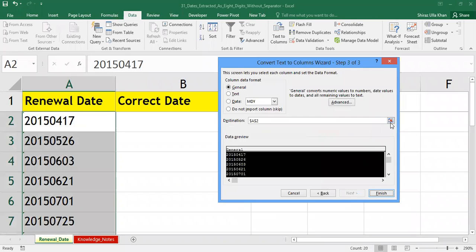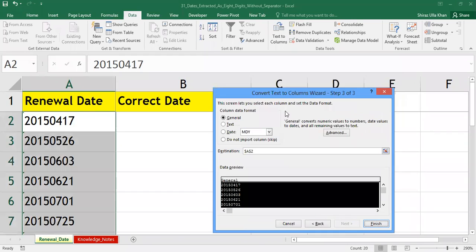Now an important thing we need to do here in the third step is, the second problem which we have is, we want to convert this date into a proper date format. It should behave as a date. So in this Column data format, you need to click on the Date radio button. Once you select it, there is a drop down with different date formats, MDY, DMY.